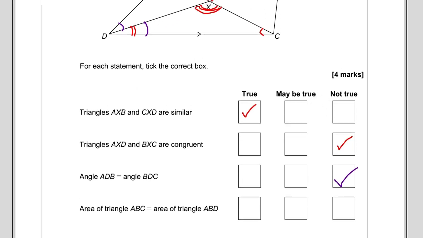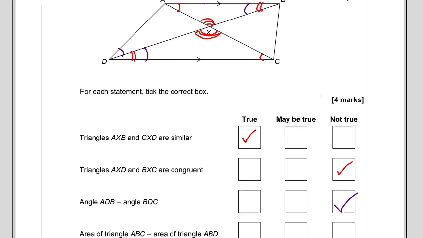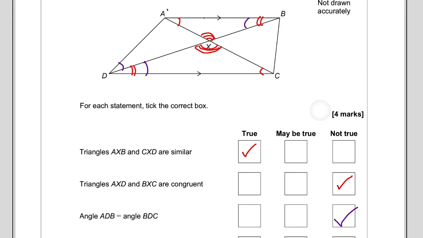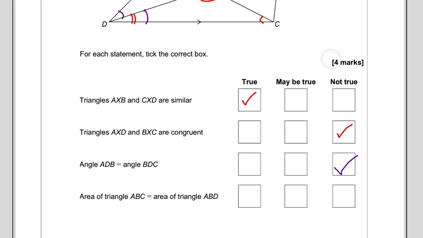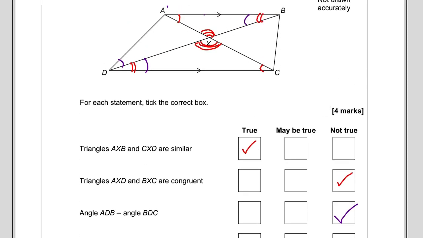The area of ABC is equal to the area of ABD. That's going to be, can't be equal, because they've both got the same height, but they've both got different base lengths. So that one,